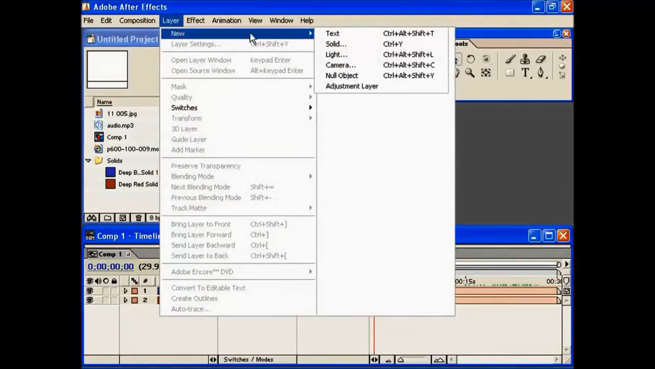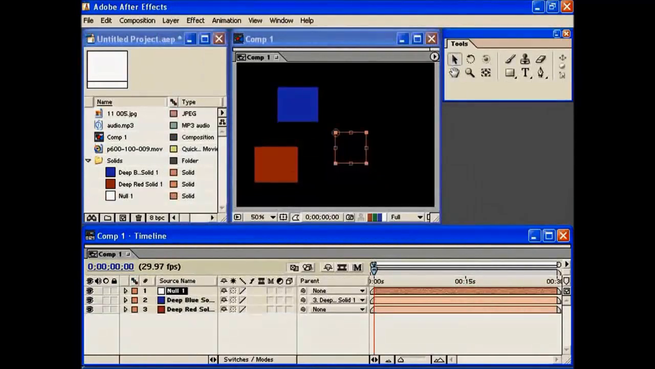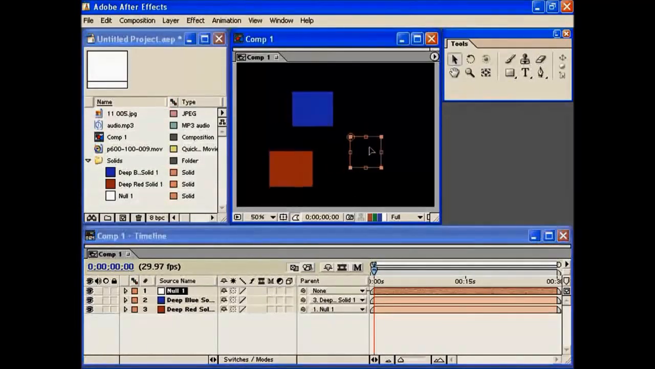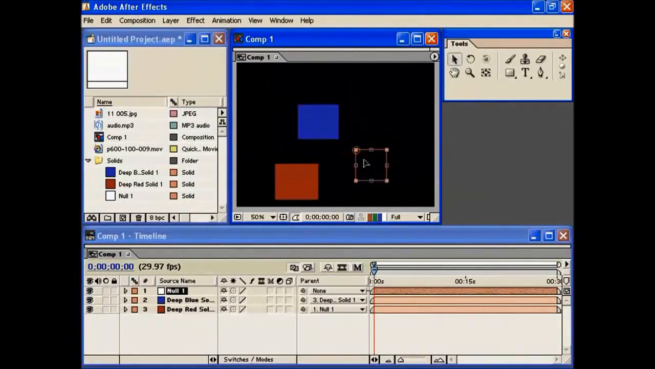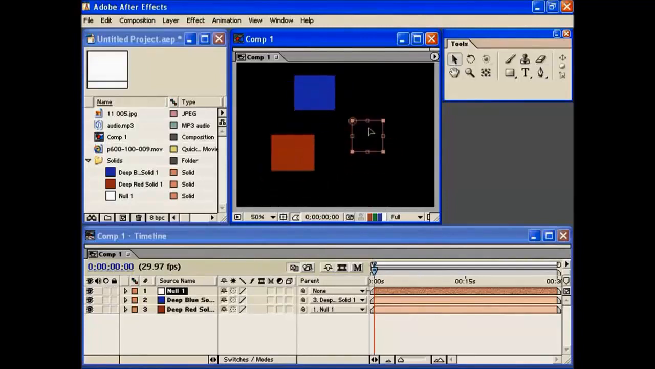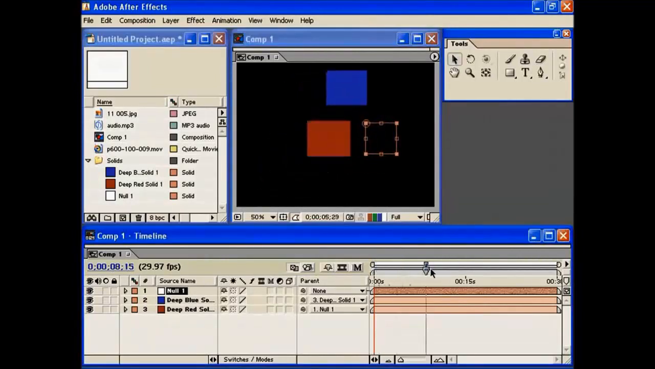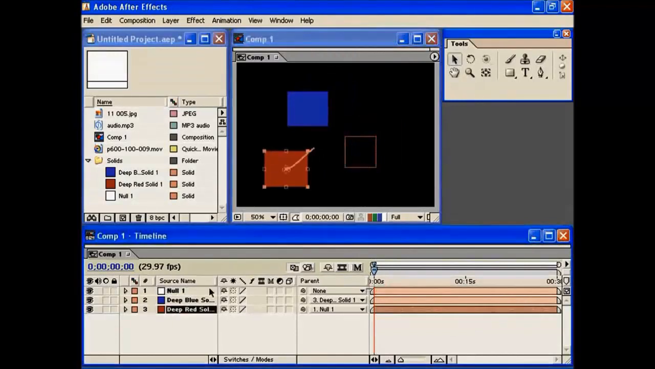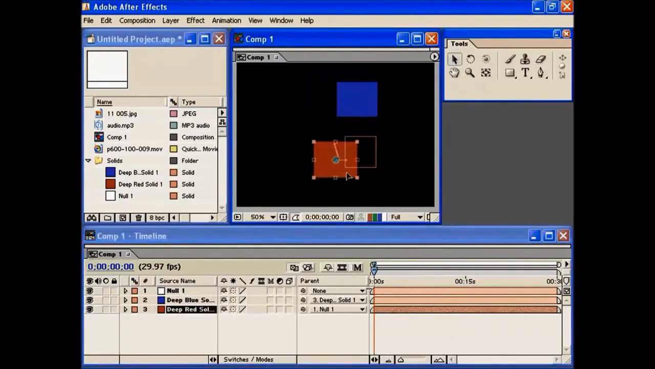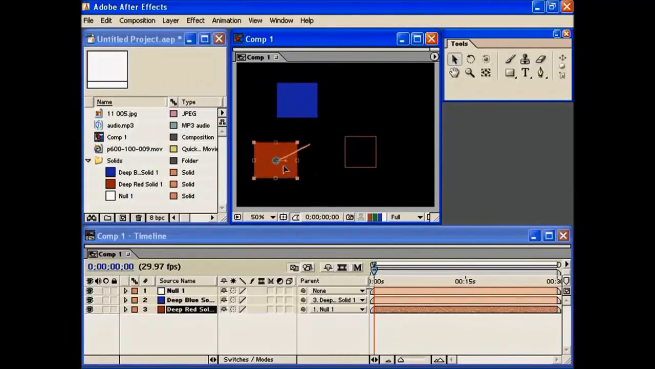By going up to layer and adding a null object, I can also parent the red box with this null object. Then I can use this to easily manipulate both boxes, or I can use the red box to manipulate it separately